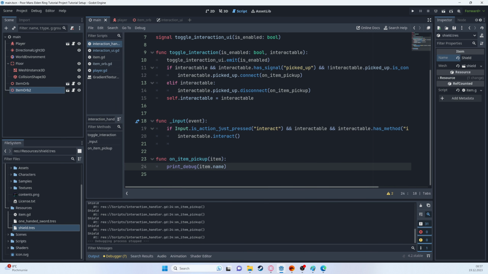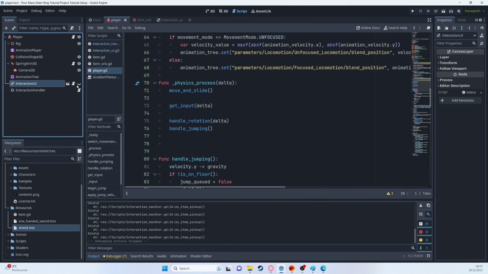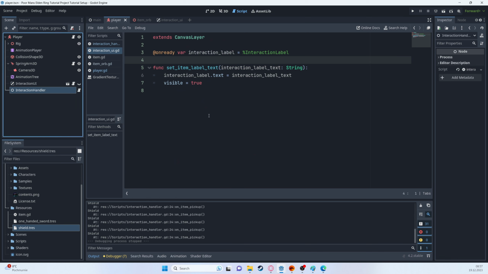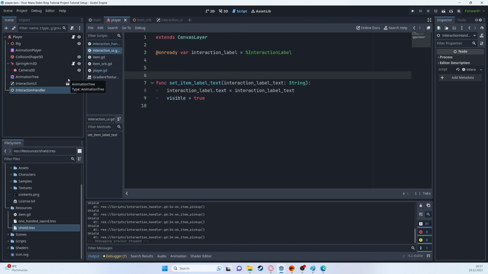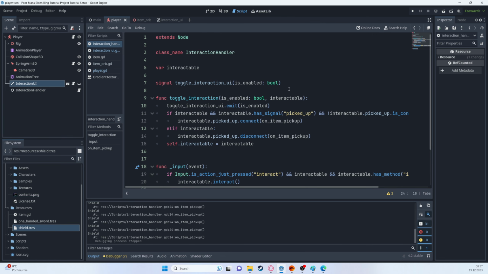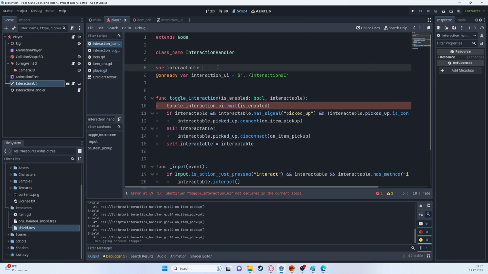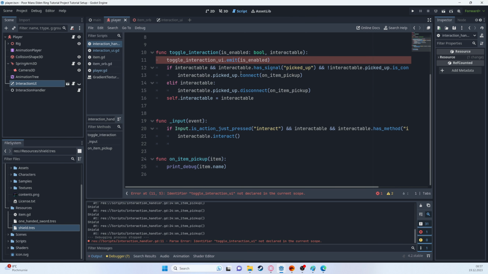Okay, so one thing that is missing is for us to show the UI to toggle the interaction. Let's go to player. So here we have the interaction UI code, and I can basically just, how do I want to do it? Maybe instead of sending a signal, I can do it by hand. Let's drag this as a reference, and then I can say